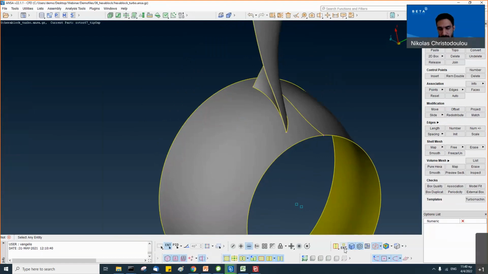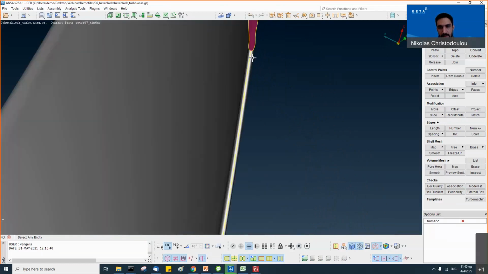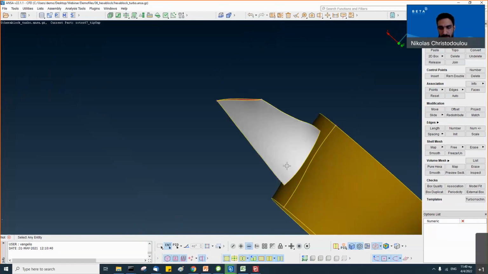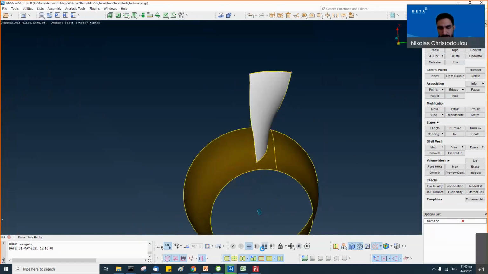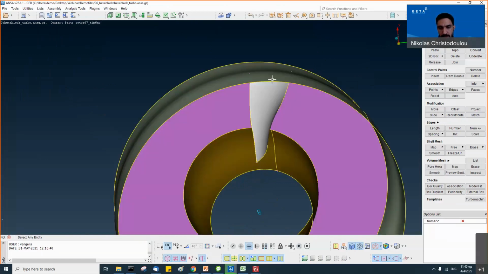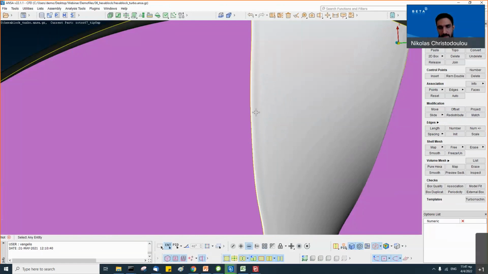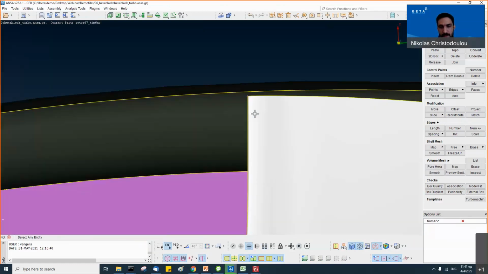Let's switch to PID view, and we can see that it has a rounded leading and trailing edge. There's no fillet at the hub, and there is a small tip gap at the shroud. Very small tip gap here.